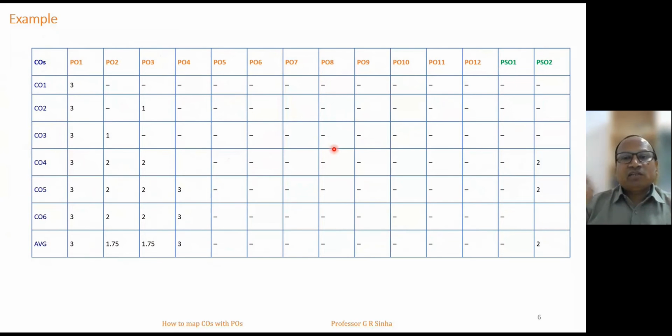And wherever you find that course outcome number 3, 4, or 2 is mapping with a particular program outcome, see your program outcome statements and your course outcome statements. Just see if there is any relevance, if there is any mapping. In the course outcome, if you have written that this course would be able to develop a mathematical and algorithm design skill set in the students, and in a program outcome you have written that the students will be able to demonstrate great mathematical and analytical skill,